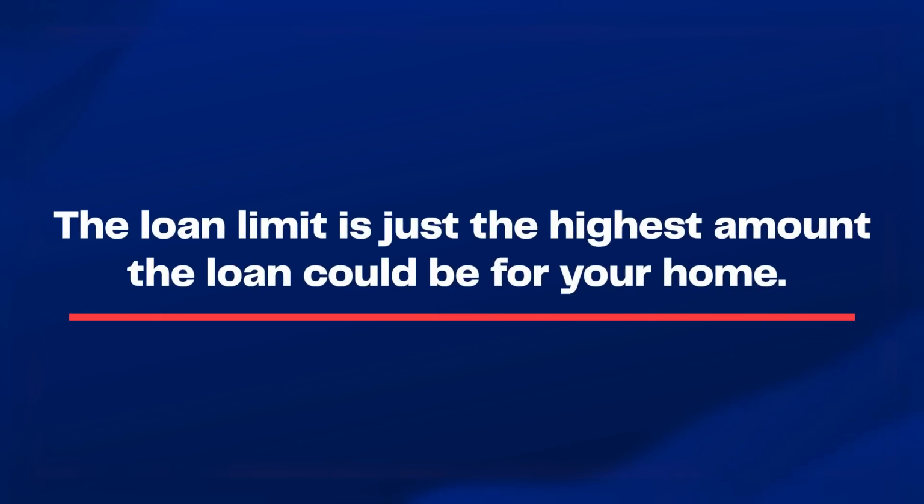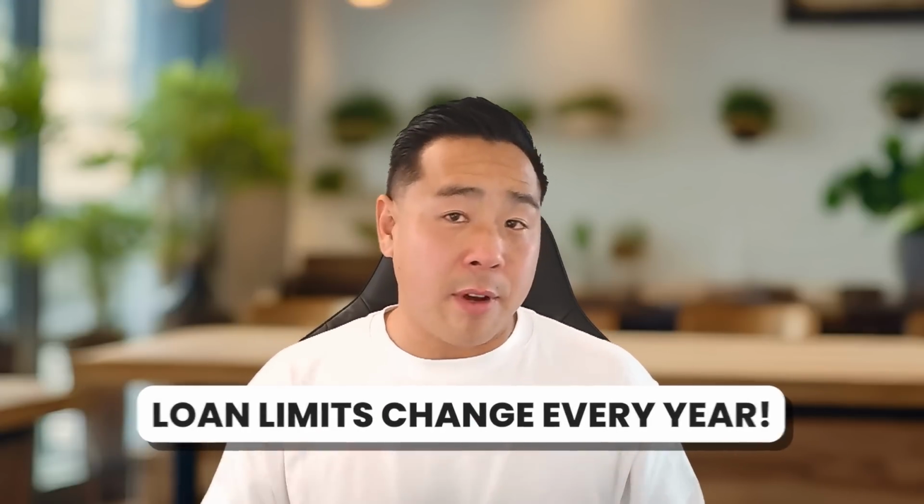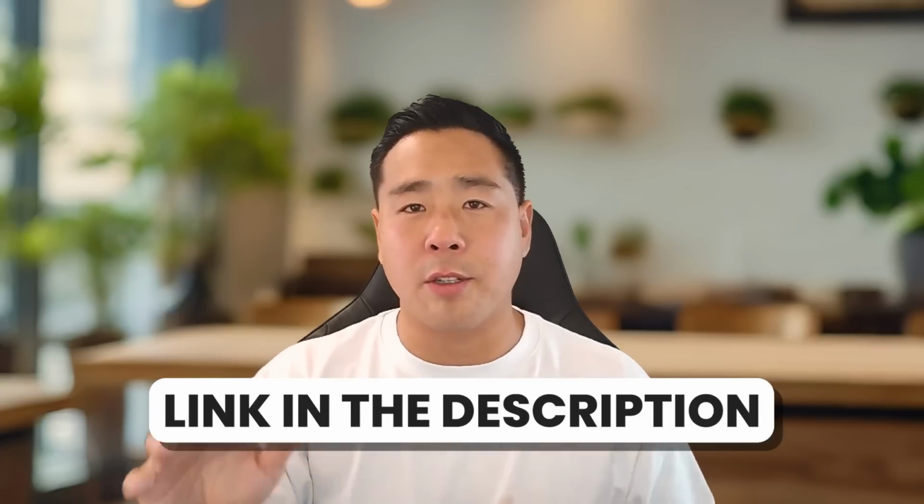The loan limit is just the highest amount the loan could be for your home. And these limits actually vary by county and the type of property that you're looking to purchase. On top of that, these limits typically change every year. The past couple years, the loan limits have increased every year because the cost of living has increased as well. If you're wondering what the FHA loan limit is where you live, there's a link in my description. Go ahead and click on it and you can search by zip code and it'll tell you exactly what your